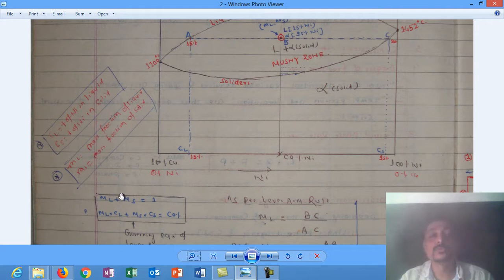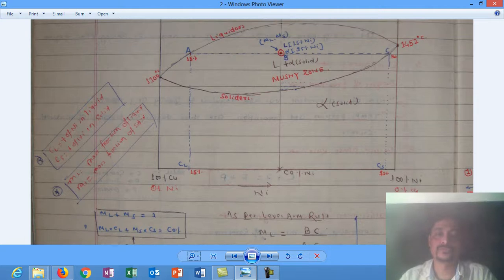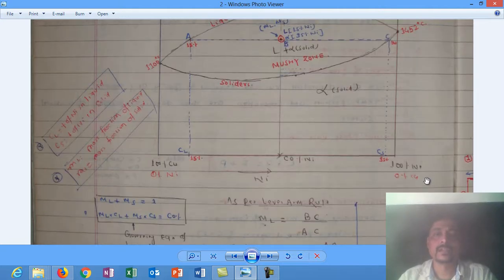Okay, these two equations are called the governing equations of the lever arm rule. Clear? These two equations are known as the governing equations of the lever arm rule. Right? Now we just proceed further. Next,